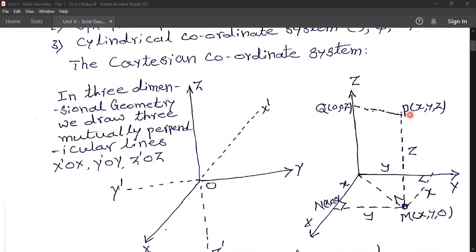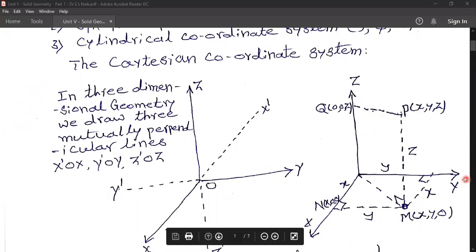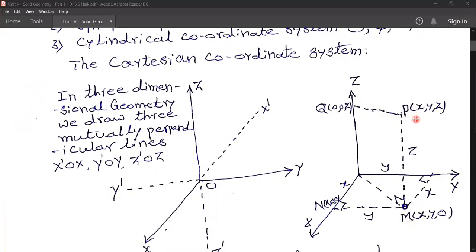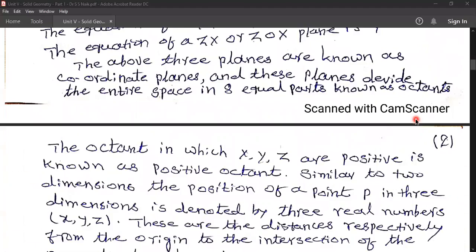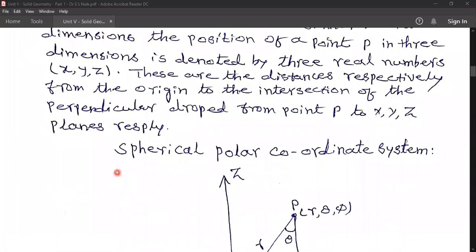Therefore, this becomes a Cartesian coordinate system where P is denoted by the three real numbers x, y, z. In the xy plane, you have M(x, y, 0). For the point P(x, y, z), we'll now see the corresponding values in the form of the